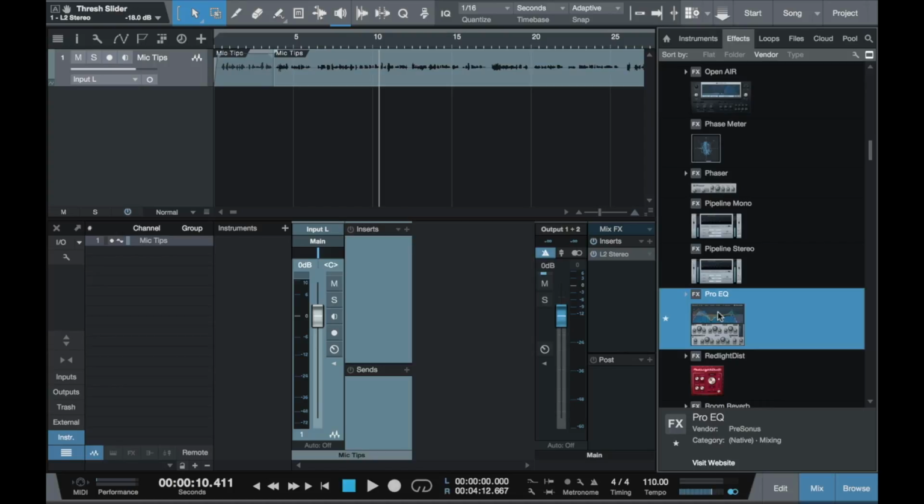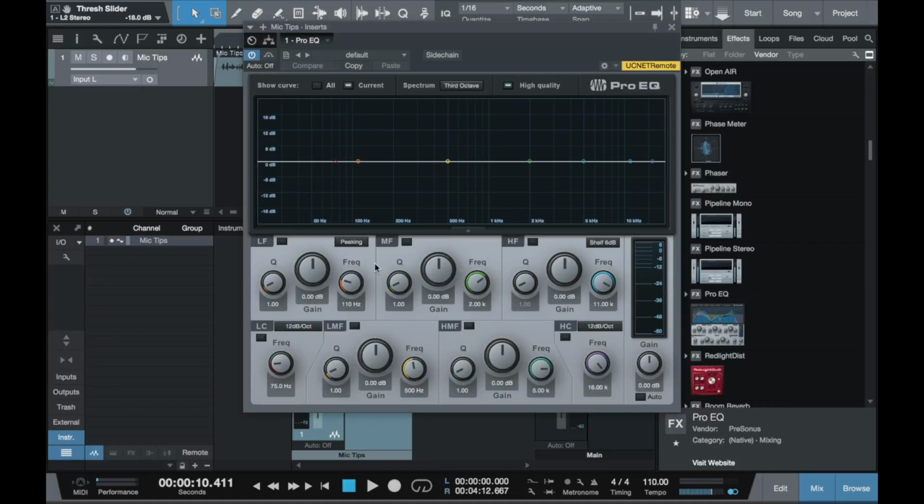So in PreSonus Studio One, they have what's called the Pro EQ. When it loads up, you've got a flat line here, nothing affected just yet. If I was to play this audio back, it would sound exactly the same. But now with dialogue, with just the voice, one of the first things that you can do, and actually this